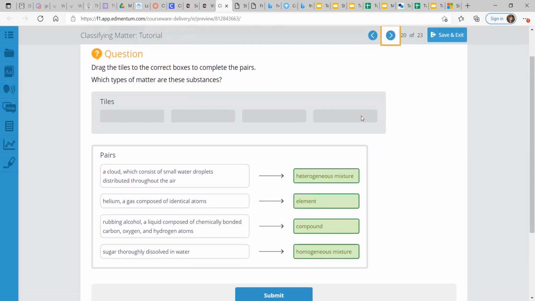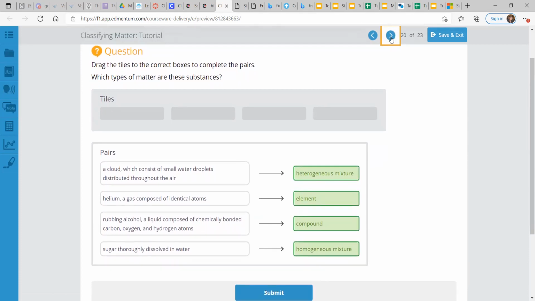And here are more descriptions and pairing the texts. And a good way to remember homogeneous and then heterogeneous mixtures. Sugar, thoroughly dissolved in water. If you could reverse that process, it is heterogeneous. However, once you dissolve sugar in the water, it's very hard to get that sugar back out of the water. So if something dissolves or disappears in a substance, then it is a homogeneous mixture. Whereas a cloud, which consists of small water droplets distributed throughout the air,